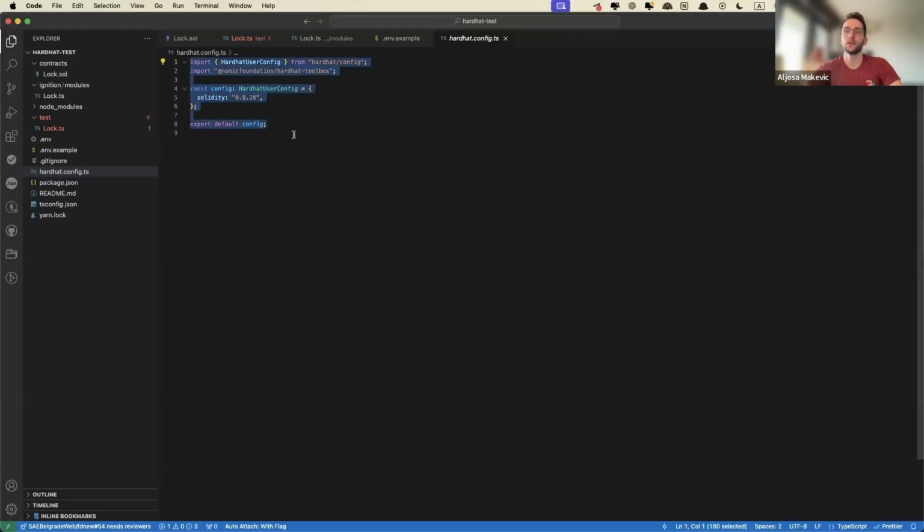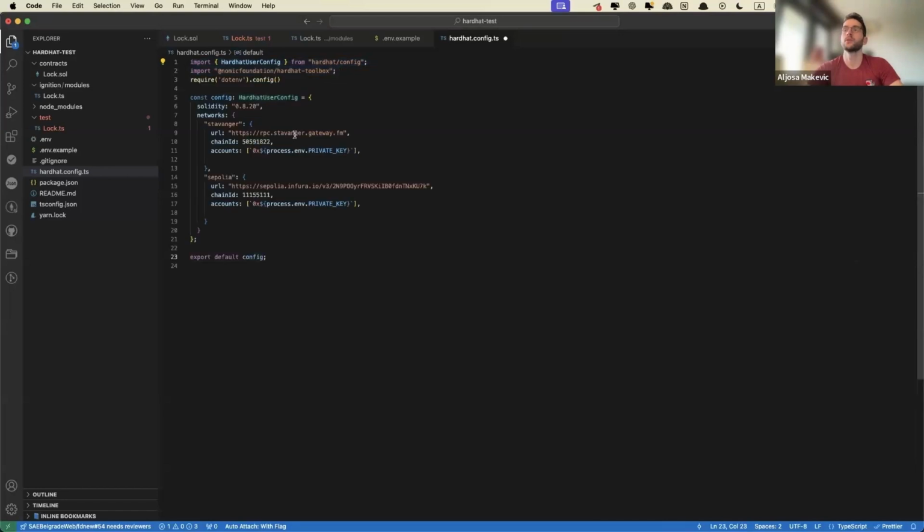You would just replace this with the file you downloaded, and you would get Stavanger with all the info that you would need to deploy this contract, and that's just the chain ID, the RPC URL, and in the env you need to add your private key, because that way through your wallet this contract is going to be deployed.